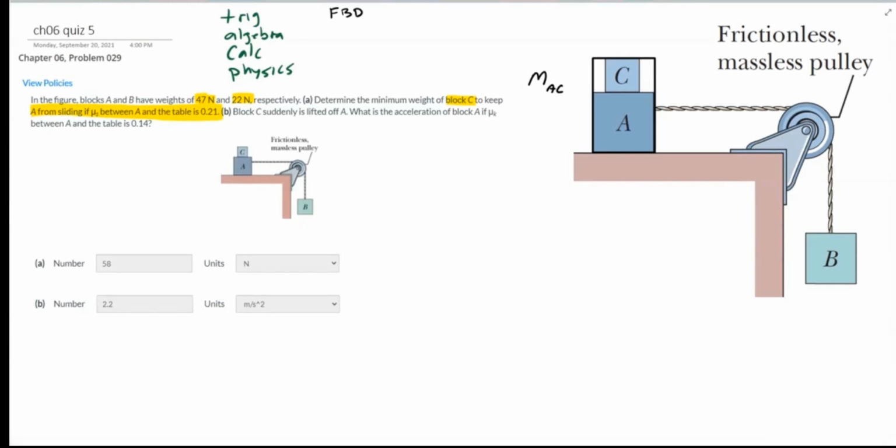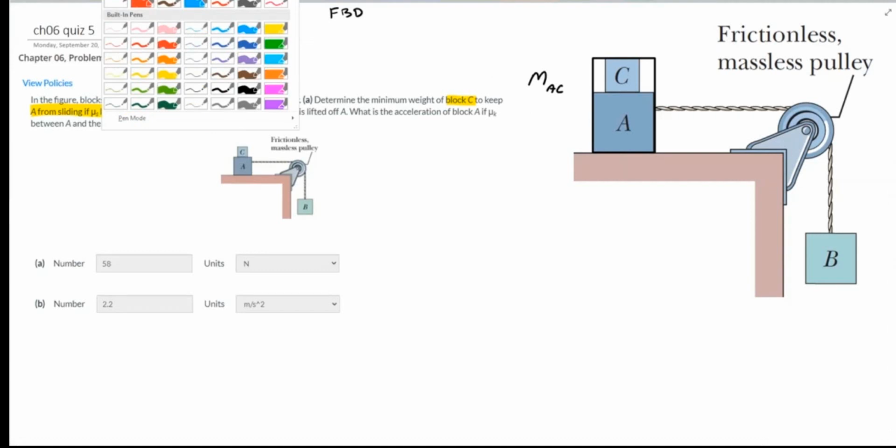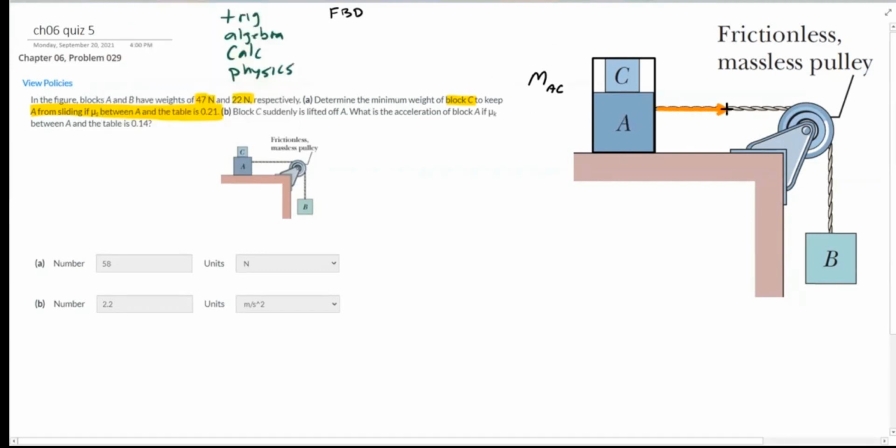Okay, so what are the forces acting on that? Let's do the free body diagram. I have tension pulling to the right. I have the weight force going straight down. I have the normal force, which initiates at the shared contact surface. There's my normal force. Do I have friction? I do have friction. And remember what static friction is doing. Static friction, F subscript S stands for static friction, opposes